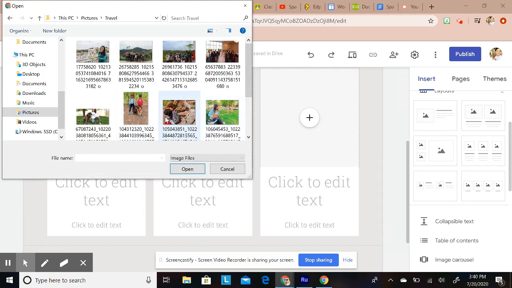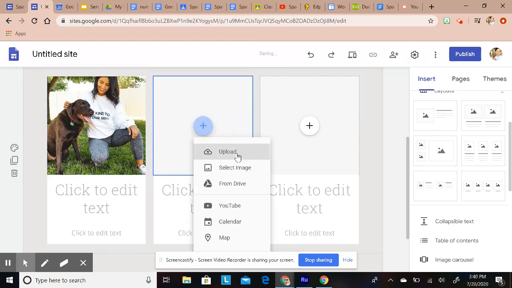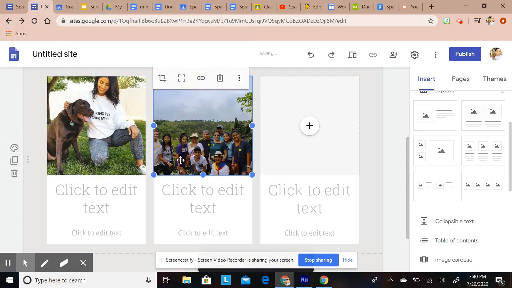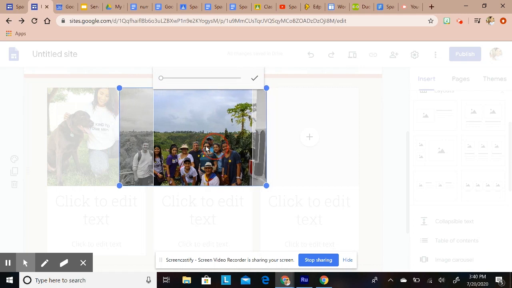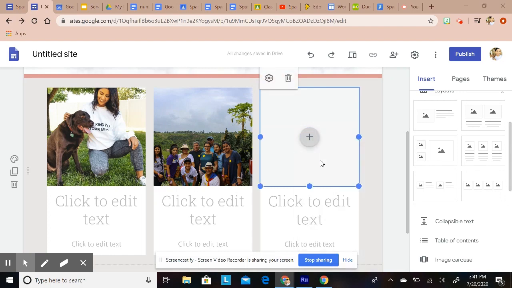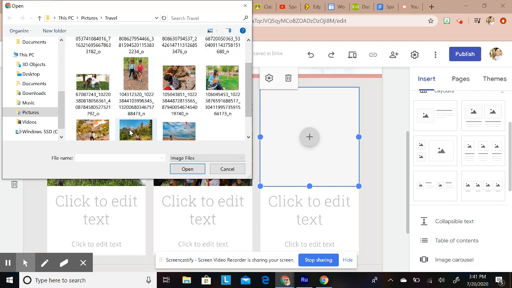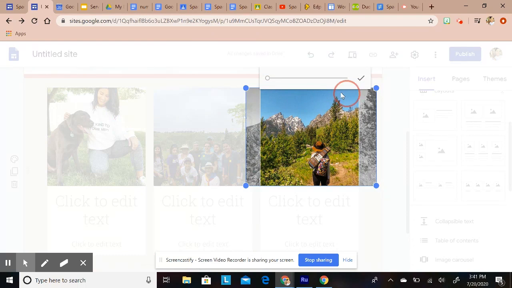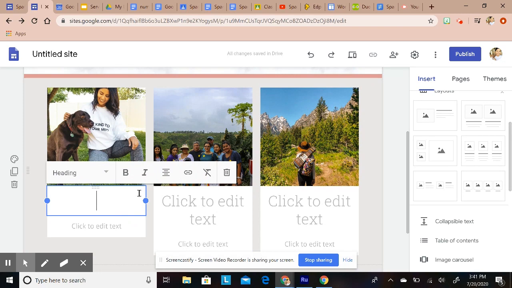My travel picture. I love my dog and I want to show them, hey, this is my dog. A little bit about me. So, of course, I'm going to show my doggo. Pictures of my family on here. If you double click, you can actually move it to where it fits what you like. And then I'm going to upload another one. And let's see, what do I want to add? My travel one. To center it on there, just double click on it. There we go. Okay, so I'm going to put on here, Enzo,